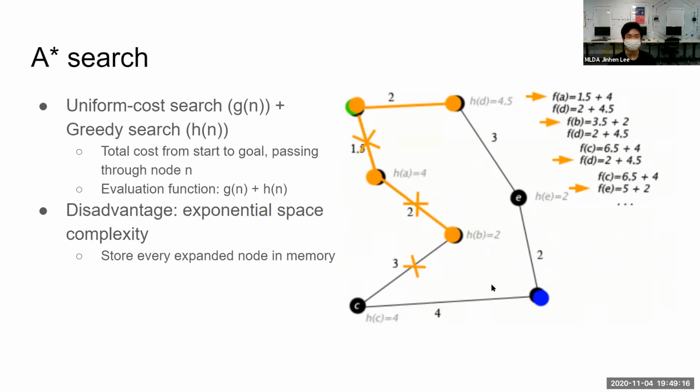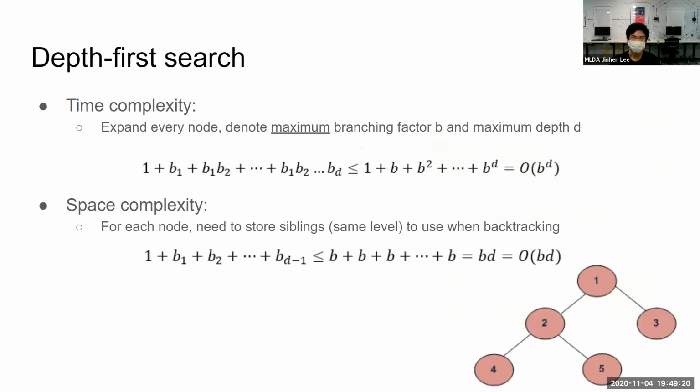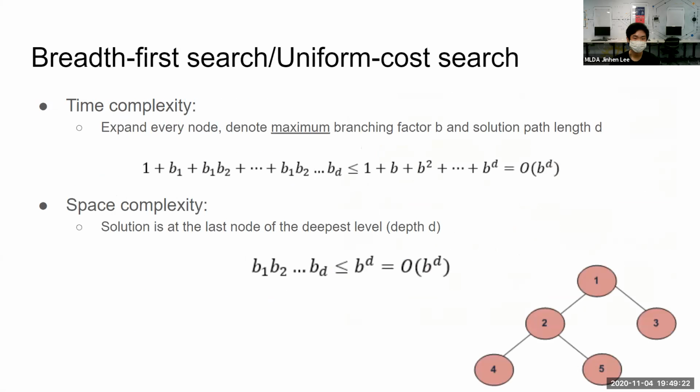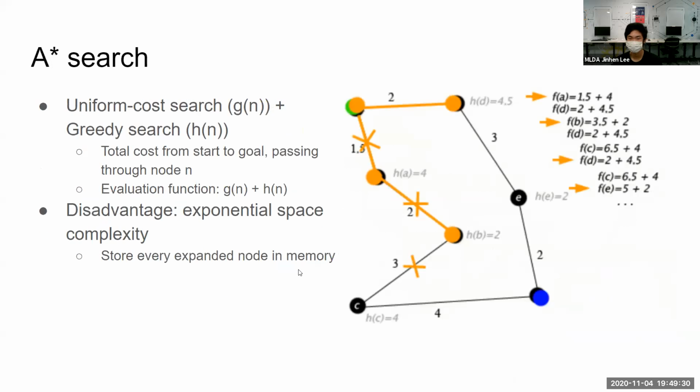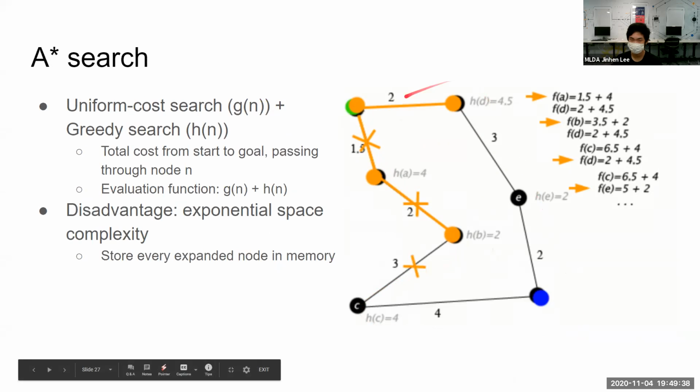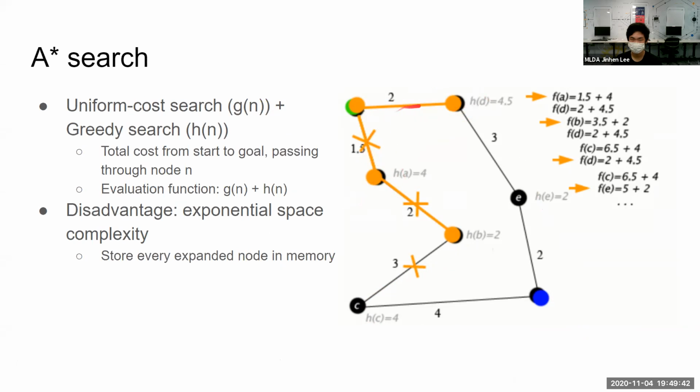And for time and space complexity, because you need to expand all nodes, in this case you also expand every single node, and your space complexity is actually the breadth of search, as you're not focusing on reaching all the way to the end, but going level by level. You do consider this option, and you also consider this option when you're at this point.